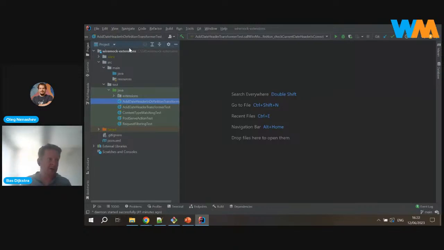I'll show you the link to the repository at the end of the session. So by all means, do have a look at it. Download the repo, clone the repo, run the tests that I wrote to demonstrate the behavior on your own machine to get a really good feeling about what these extensions look like, and how can I use them in my own projects?